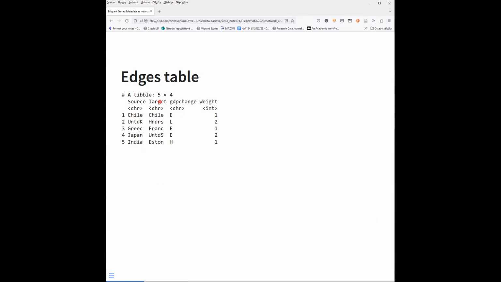We have to have two columns, which are absolutely obligatory, and one is called source, and the other one is called target. And in these columns, you must have the IDs of the nodes. Since our IDs are the same as labels, we can't see a difference. So these are IDs of the source and of the target